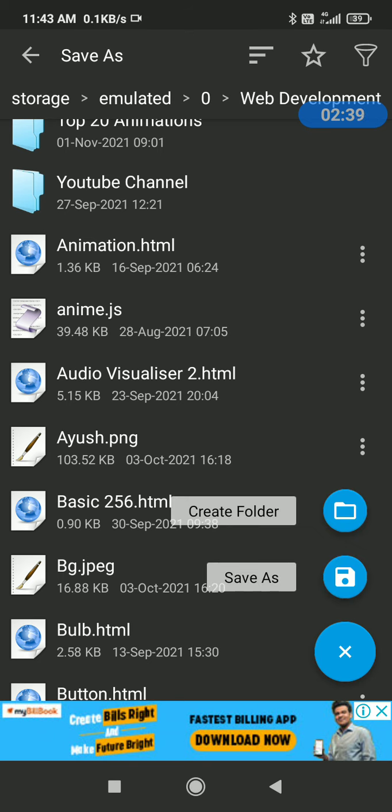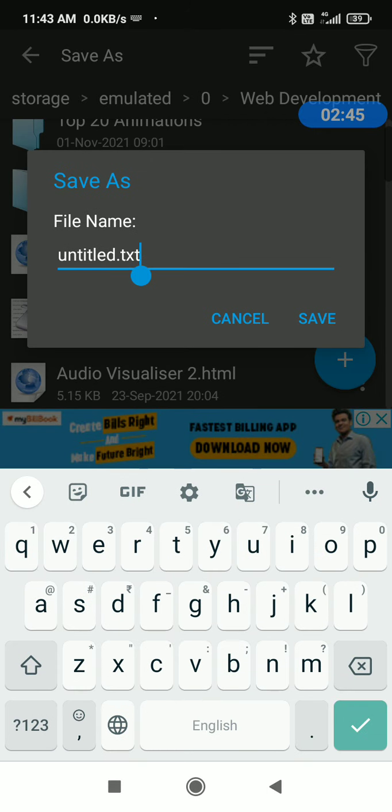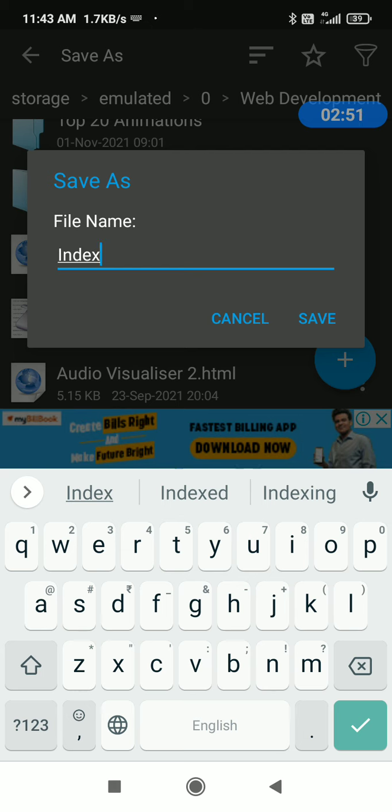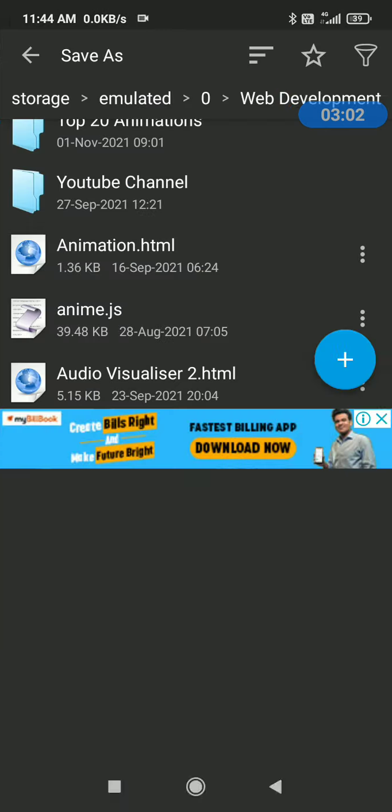When you click on it, you get two options, create folder and save as. So when we click save as, we are provided a dialog box. Now you can write any name here, let's say index. You can give it any extension, but as we are going to write HTML now, let me give the HTML extension. So I save it as index.html and click save.